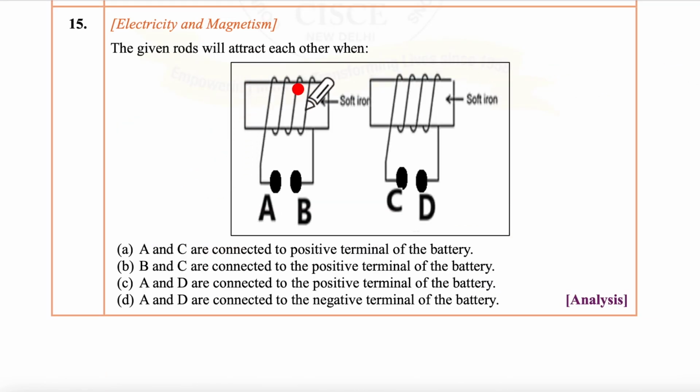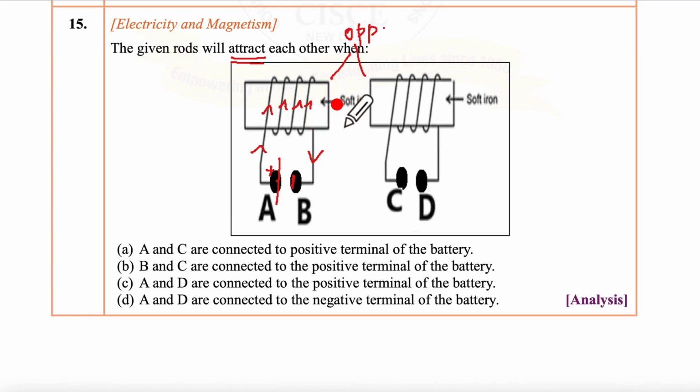Question 15, giving us two rods. This is the first rod and this is the second rod. Both of them are made of soft iron, and they say that the two rods will attract each other. When will they attract each other? If there is opposite polarity here. So let us say A is connected to the positive and B is connected to the negative, the current will flow this way,